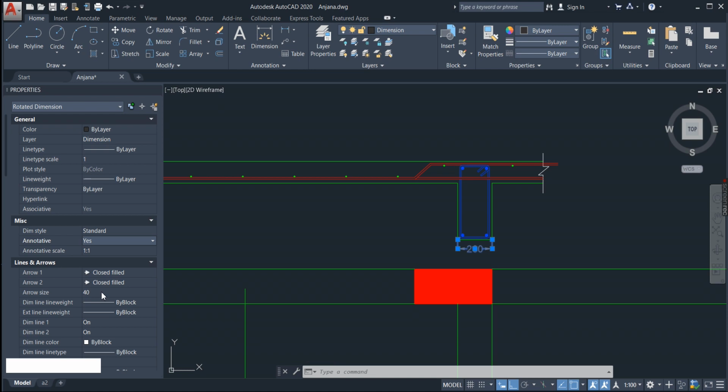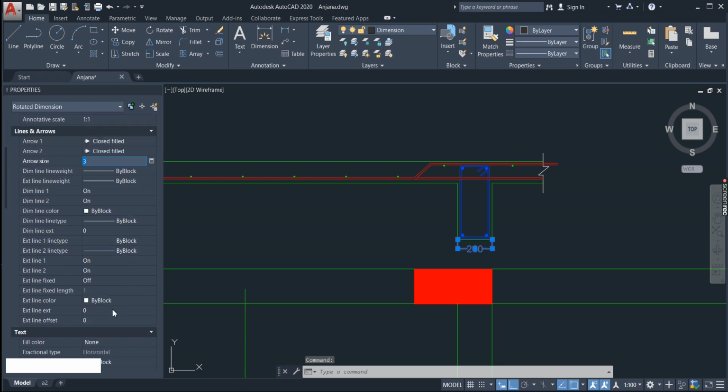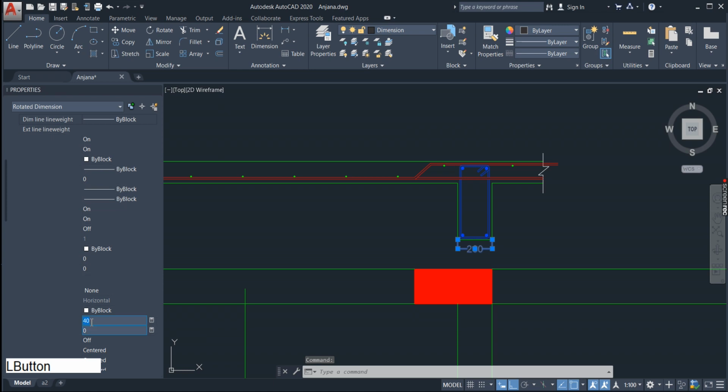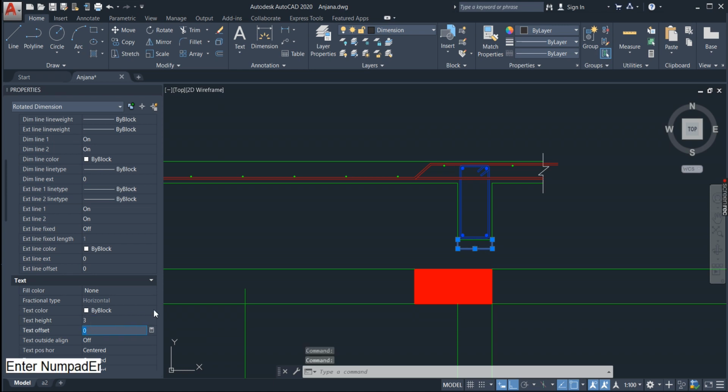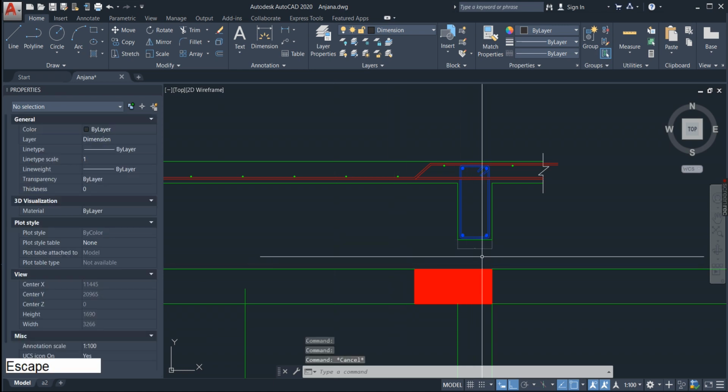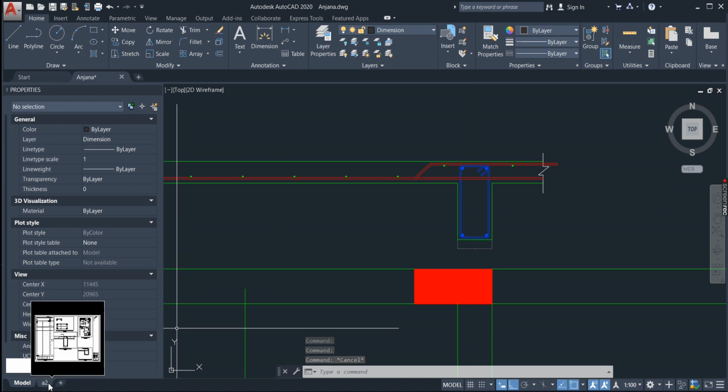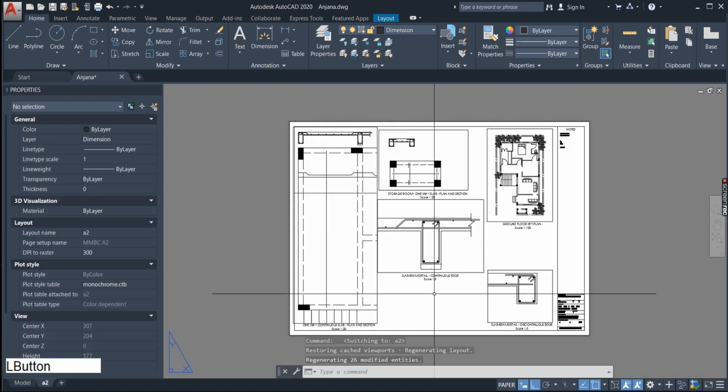I have to imagine what it's going to be in the final sheet. Final sheet, maybe I want it to be 3 mm. Okay, I scroll down and I want my text also to be not 40 but 3 mm. And now don't be scared that this will sort of disappear. But what will happen is if you go back to the paper space,